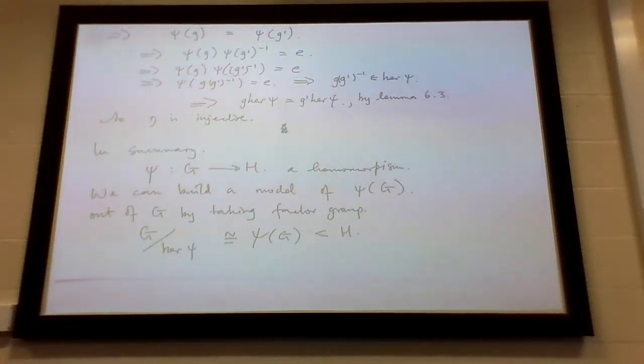Okay. I went through that very slowly. The other theorem